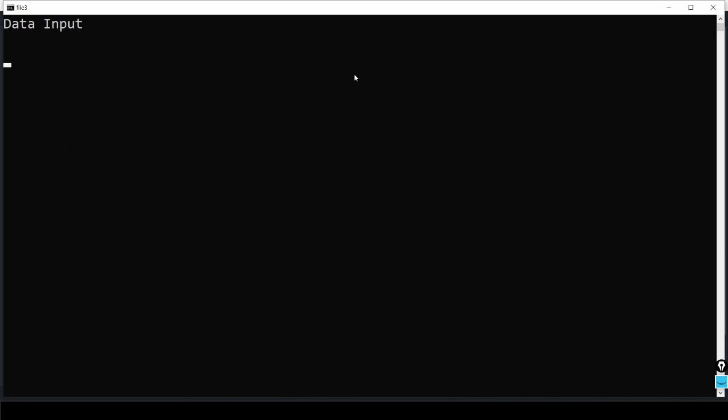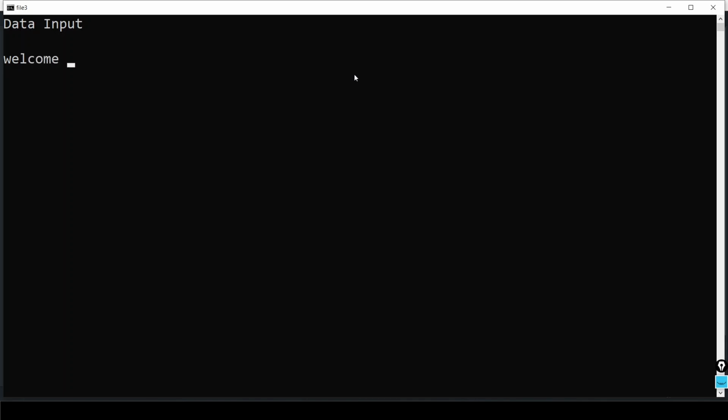We just gave a printf as "data input", and the first step was getchar. So let's give some characters, say welcome. Each and every character is taken. When I type W, that is written to the file. Then E: again using getchar the second character is taken, and then using putc it is given to the file. Third letter L: again that L is saved to c using getchar, and then that L value is written to the file using putc, like that, because this is done in a while loop.